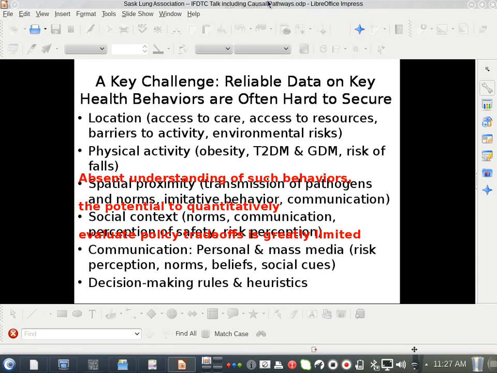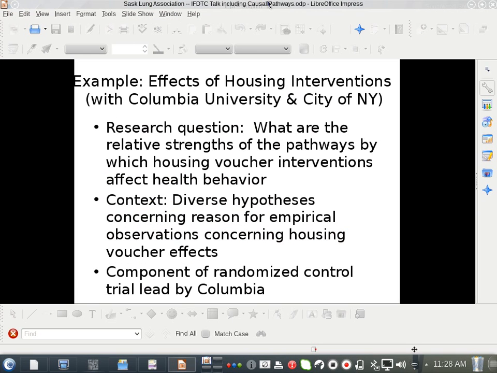Without that, the model's accuracy is compromised, and we do lose some potential to quantitatively evaluate policy trade-offs. There is the risk that with a detailed model, without the requisite theory or empirical data to back it, you may have to be engaged in a lot of speculation, which is not going to tie it down enough to allow you to have reliable results to assess interventions.